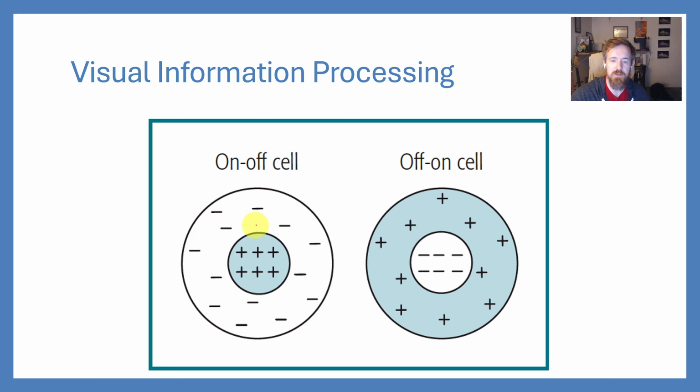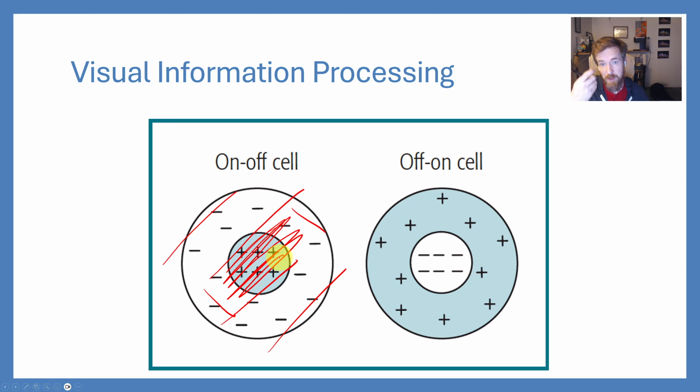So this specific cell right here, if light were to land on the center part of that cell, it is going to fire more frequently. If you have light touching on the outer part of that cell, it's going to fire less frequently. That is exactly what we saw in that video. Now, it wasn't perfectly shaped like a circle like this, but it was shaped like this, right? So let me erase this a little bit. It was shaped like this, where the center part of this was excitatory, it would fire more frequently, and the part on the surroundings, it